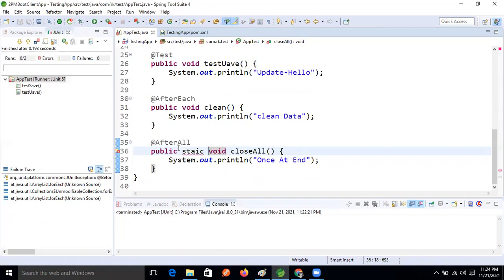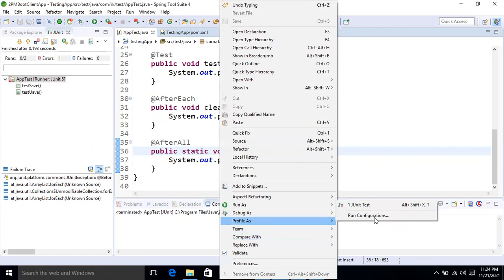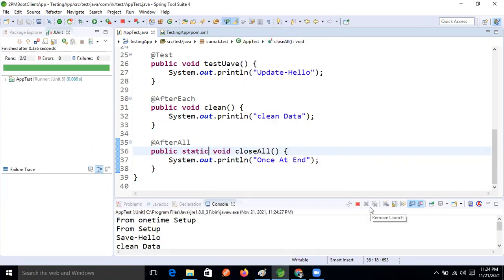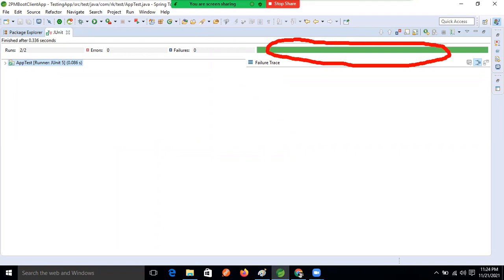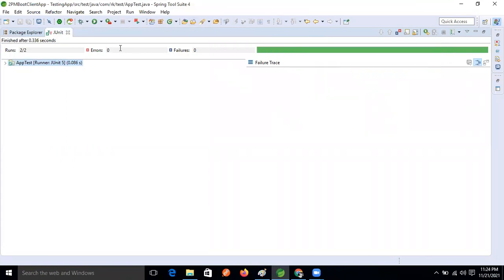Now fine, guys. Static, right? Now run this test class. See this, now observe this one. This time we are getting the success information as what? Green signal, guys. Ravi, still it is showing 2 only. It has to show 6 now. Zero error and zero failure.